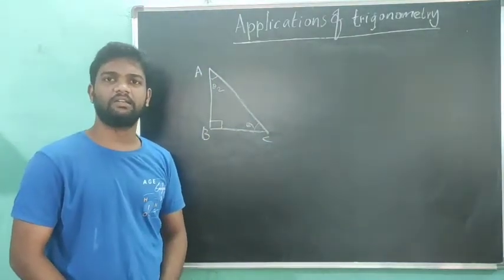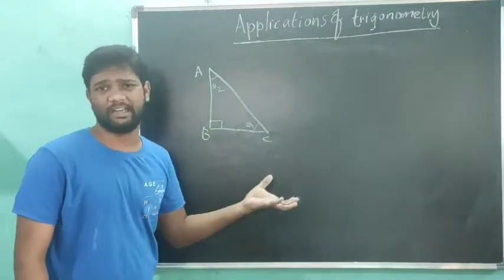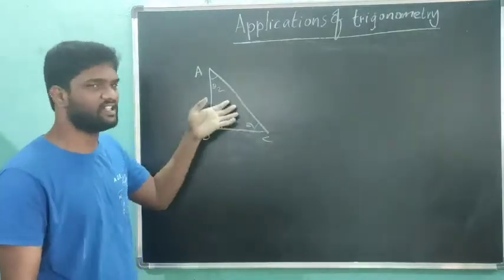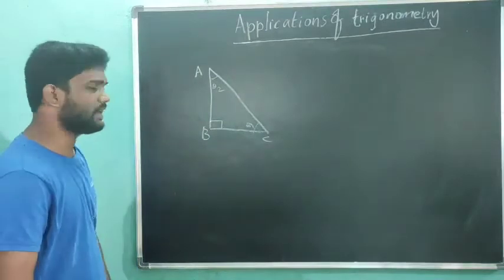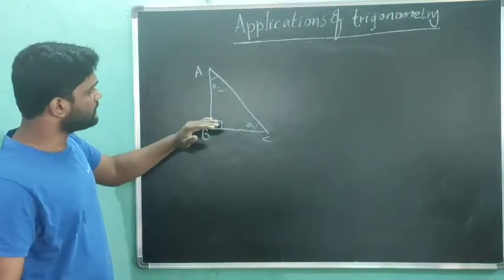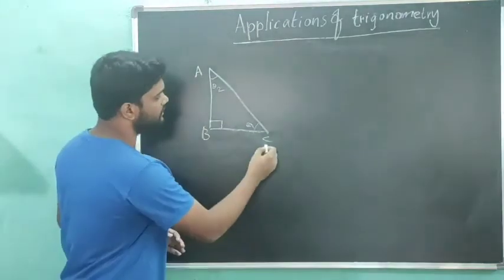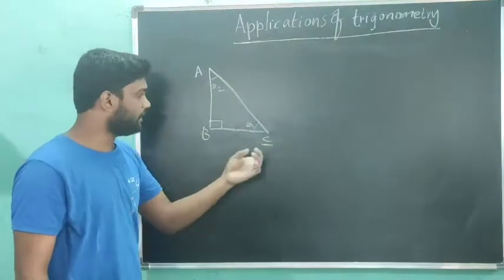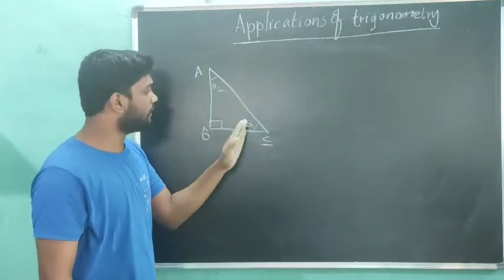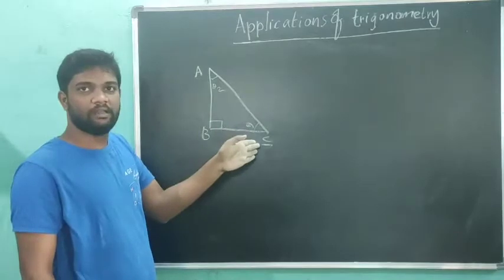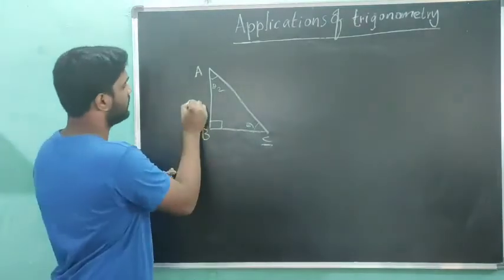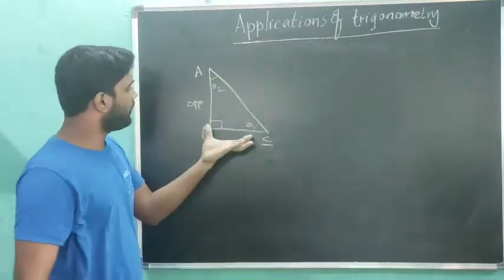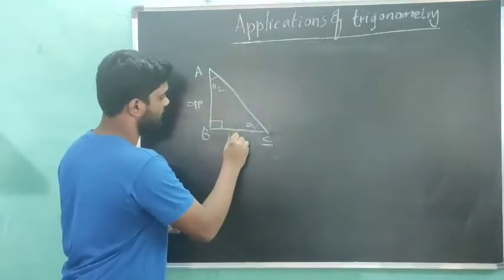Why are these two angles acute? Because these are always less than 90 degrees. By seeing the diagram only we find that these theta 1, theta 2 are always acute angles. So by seeing this diagram, taking this C as reference point, what is the opposite side to this theta 1 angle? AB length. It is the opposite side. What is this BC? Adjacent side. It is nothing new to you.